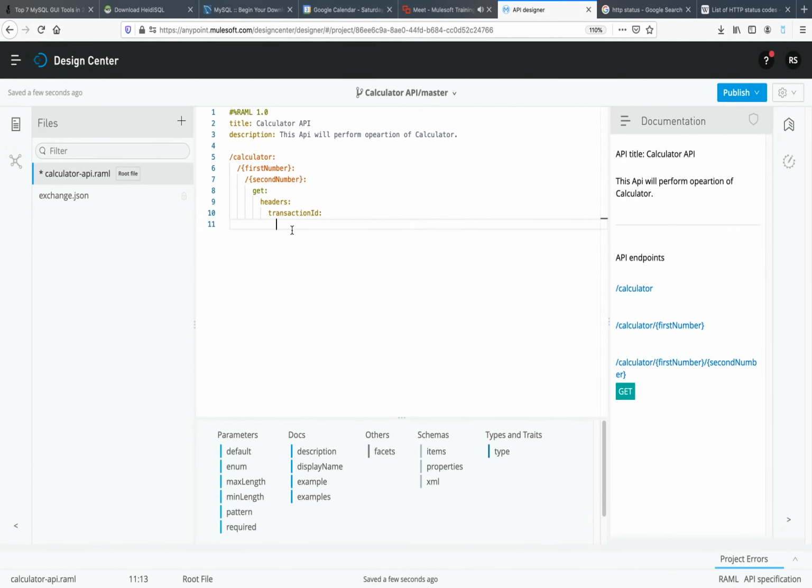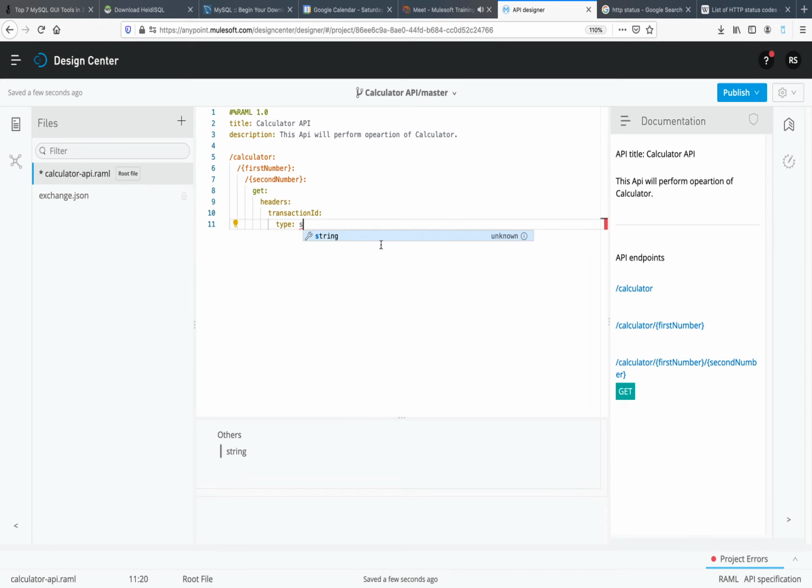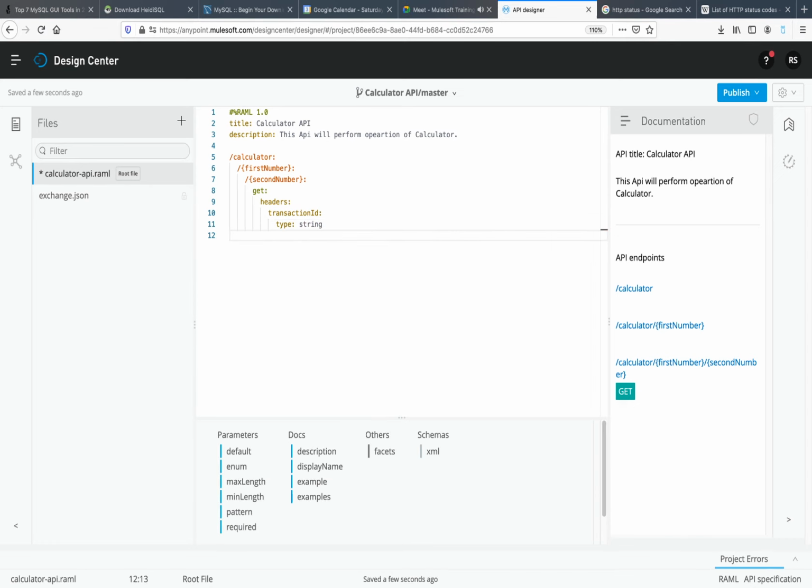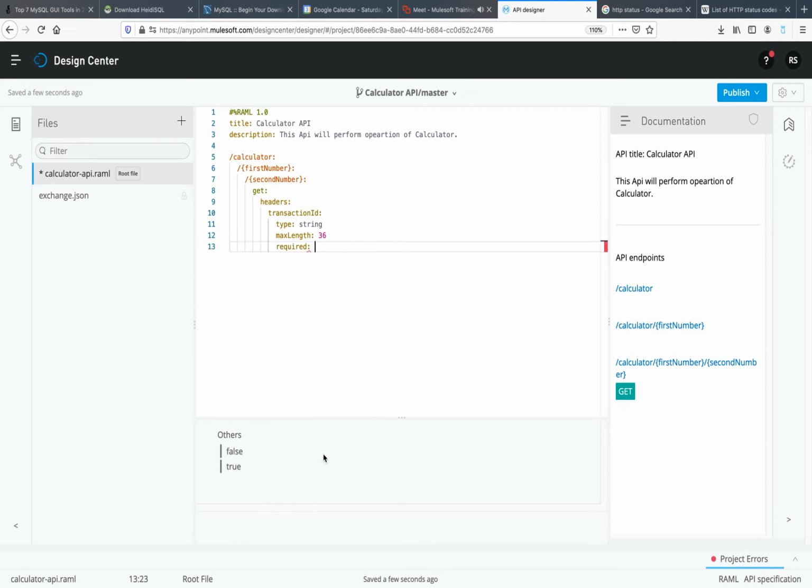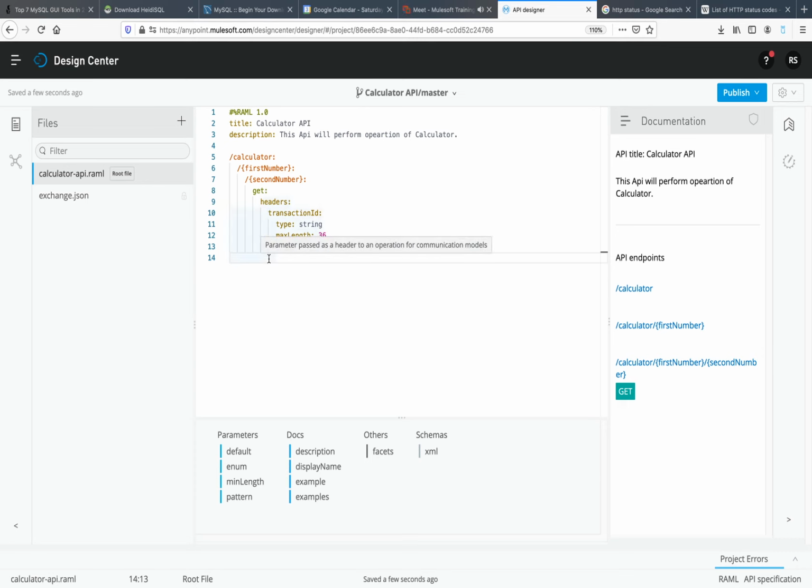Okay, so type will be string, then max length will be 36, and then required will be true. Okay, click on enter. Do we have any other header? We don't have. If we had any other header, then in parallel to this transaction ID we could create another header, but we don't have any header.